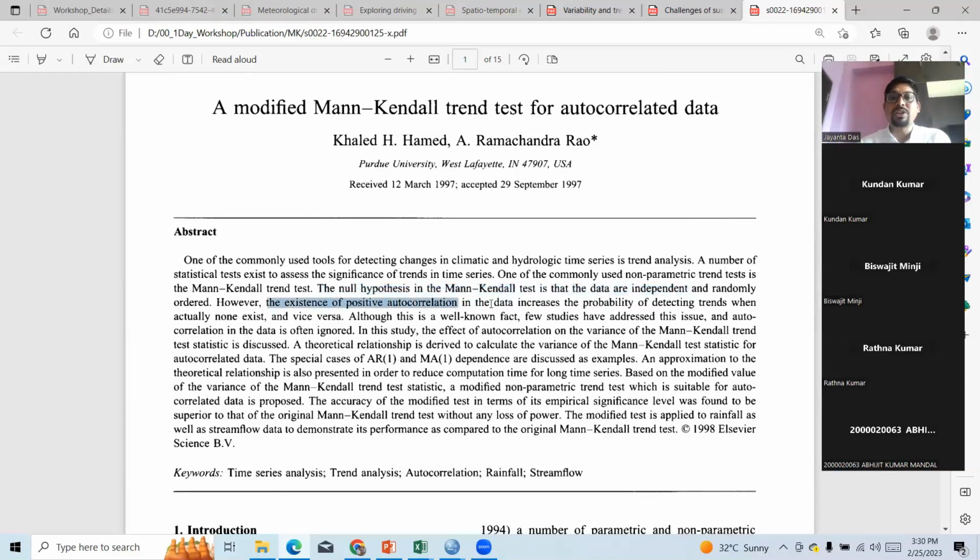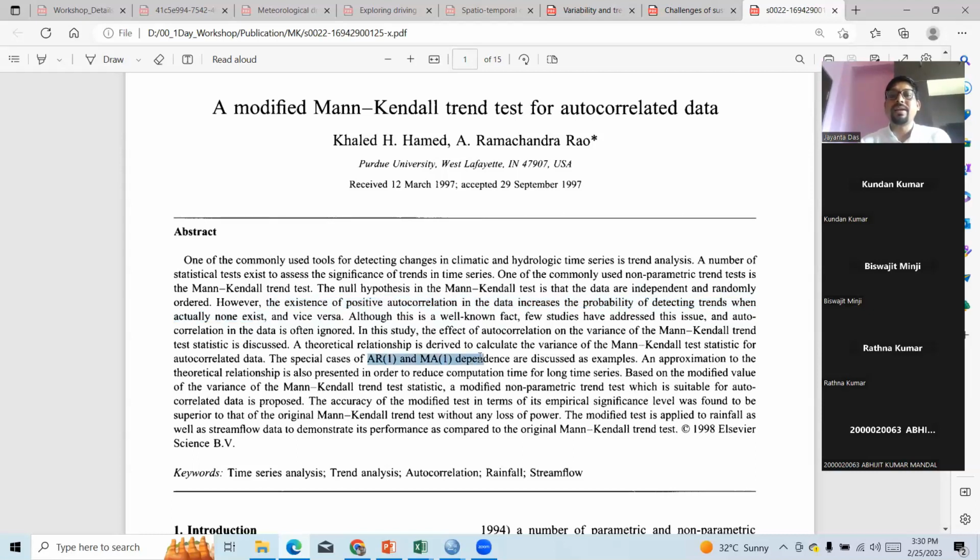However, existing positive correlation in the data increases the probability of detecting a trend when actually none exists. If it is correlated, then your data shows there is a trend, but actually there is no trend. That's why Hamed and Rao in 1998 proposed a modified version of the Mann-Kendall test, and they use this ARIMA technique